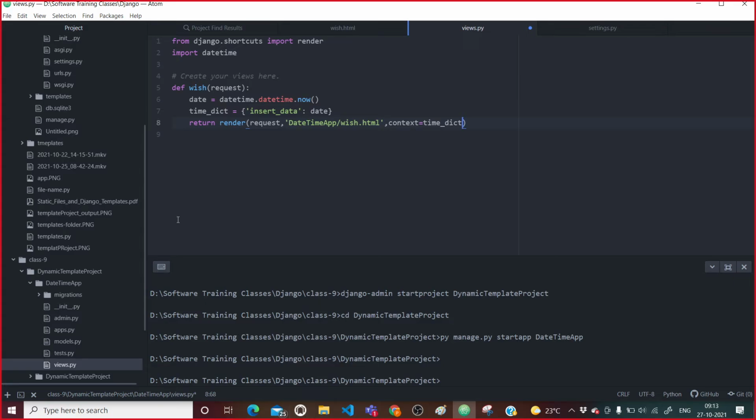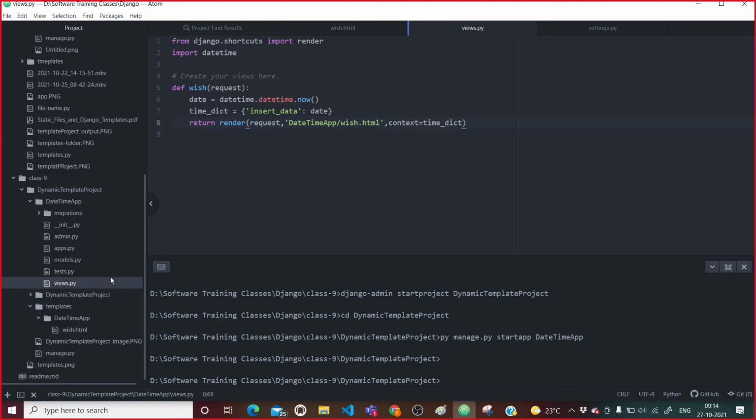Here we need to see that the values to the template variable should be passed from the view in the form of a dictionary as an argument to the context. So this is the context which is going to take all the values which should be replaced in this vis.html.